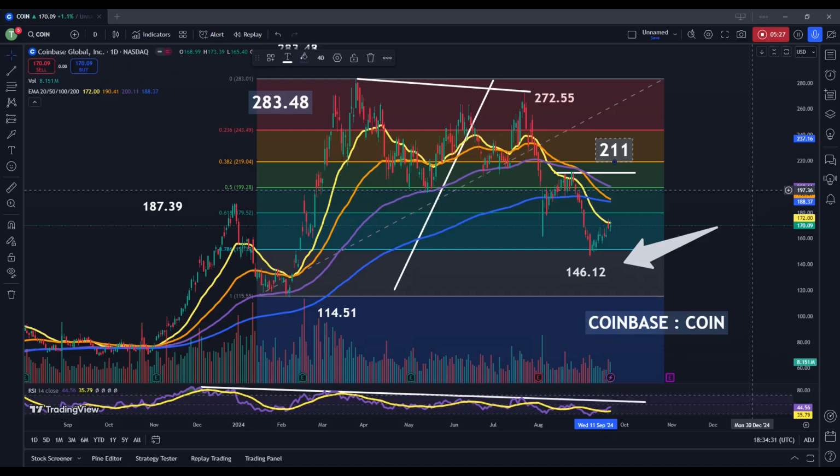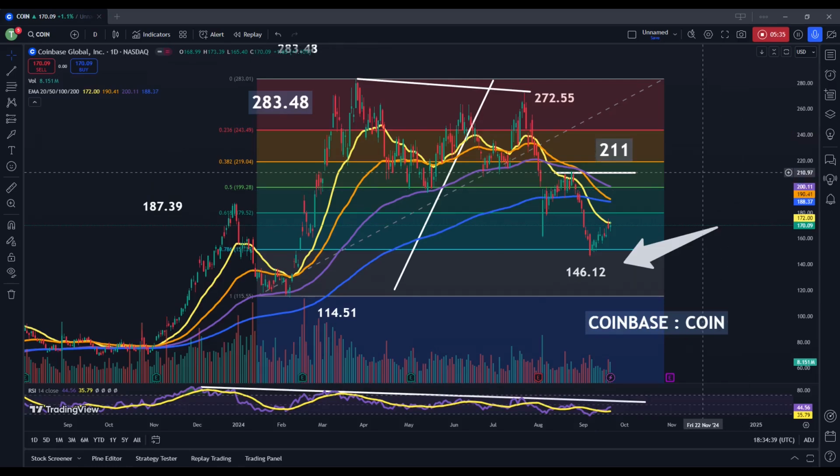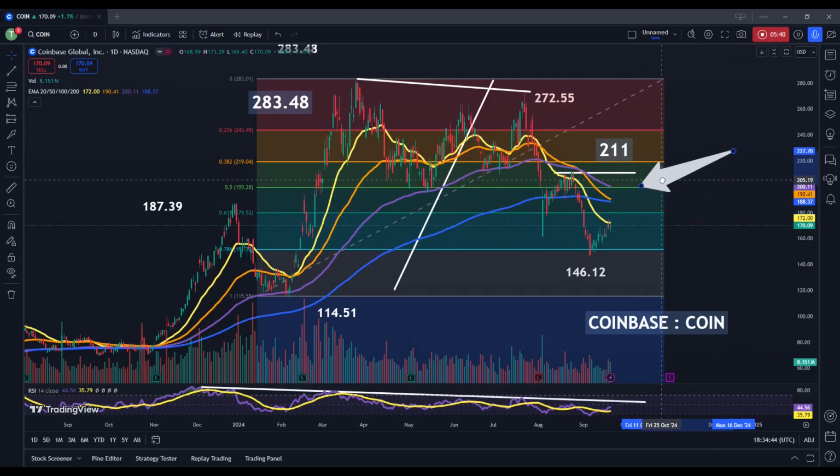So we're not really expected to see any major levels of resistance from the historical perspective anyway until we reach this area, and that's roughly $40 away at this point. So there is a fair amount of room to the top side. We could see all of that retraced, even without breaking through the top of the exponential moving average cluster for the most part. This exponential moving average cluster does come in relatively close to that $211 mark, but we're somewhat close at the moment. And if we did start to see some upward slope in those moving averages, that could start to move right into that $211 level.